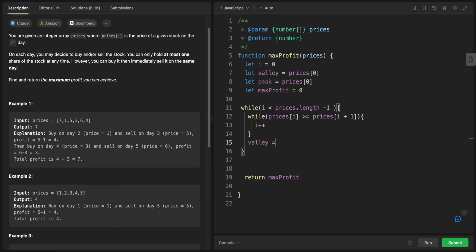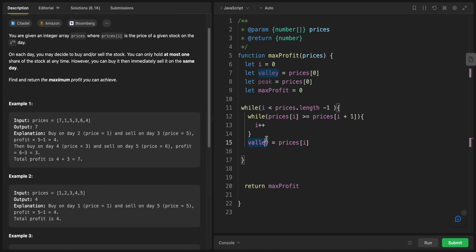Let's store this in the value. It will be prices of i. So right now we are making sure that the next element is bigger, so we have a profit. So we want to make another assumption to try to find, first of all, we find one is smaller. Okay, we want to make another assumption to find, right now we know this value where we sell,